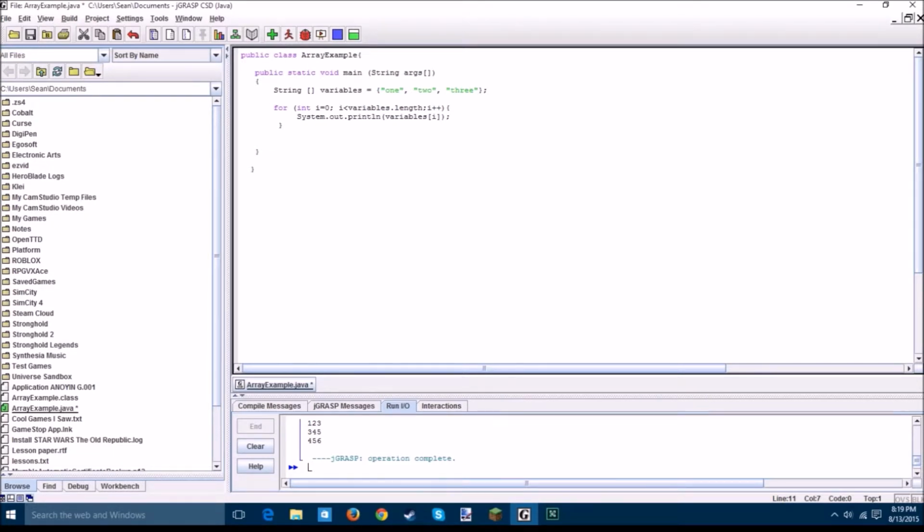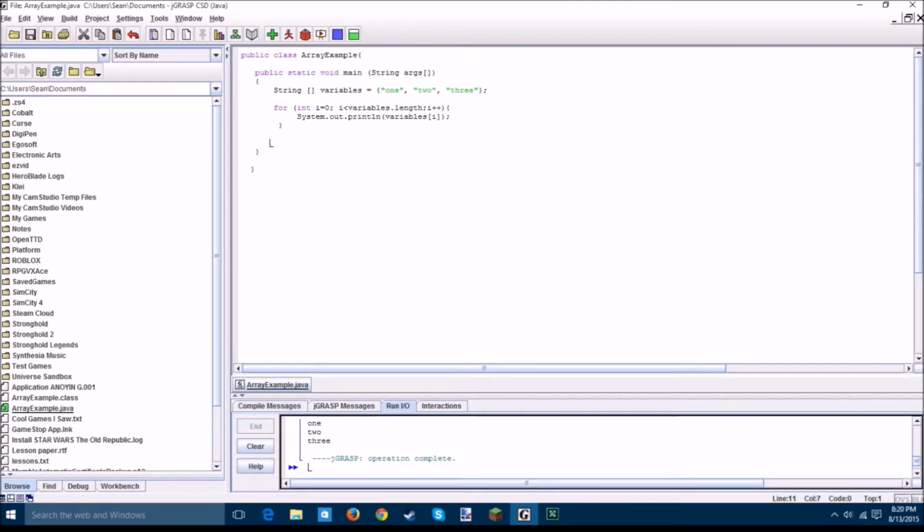I'm going to go ahead and, okay, 1, 2, 3. Okay, the cool thing about string arrays is it has a different way of actually iterating